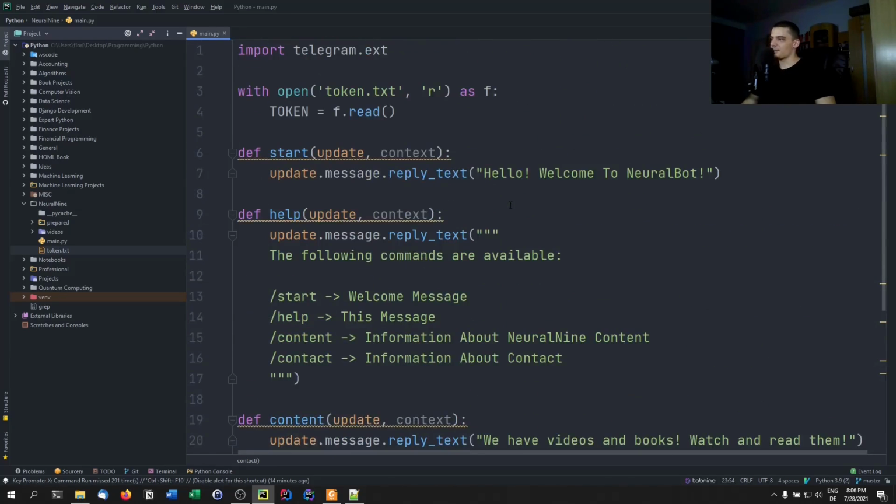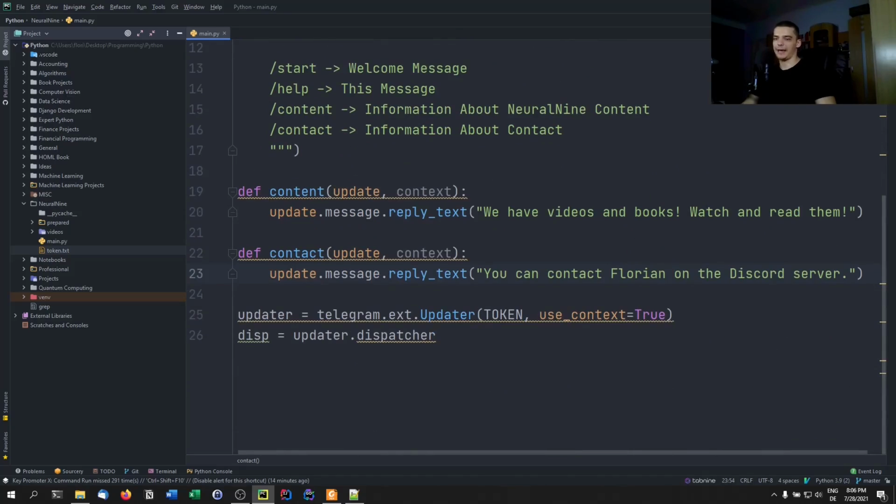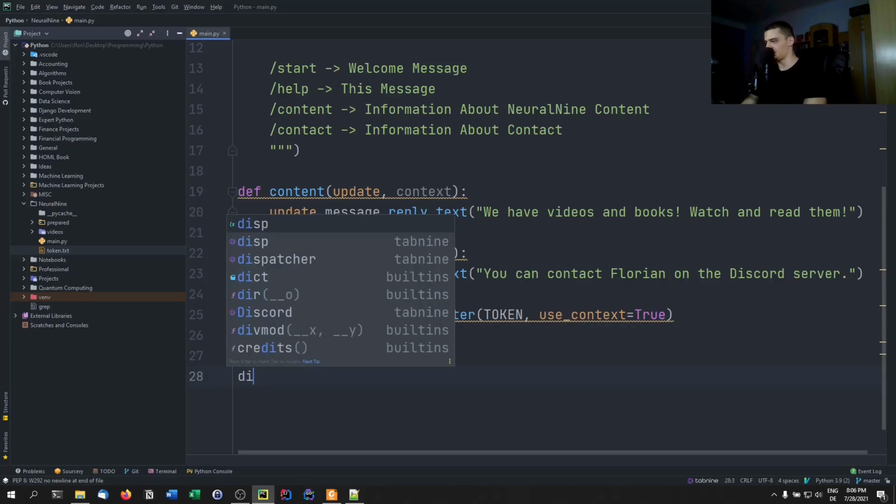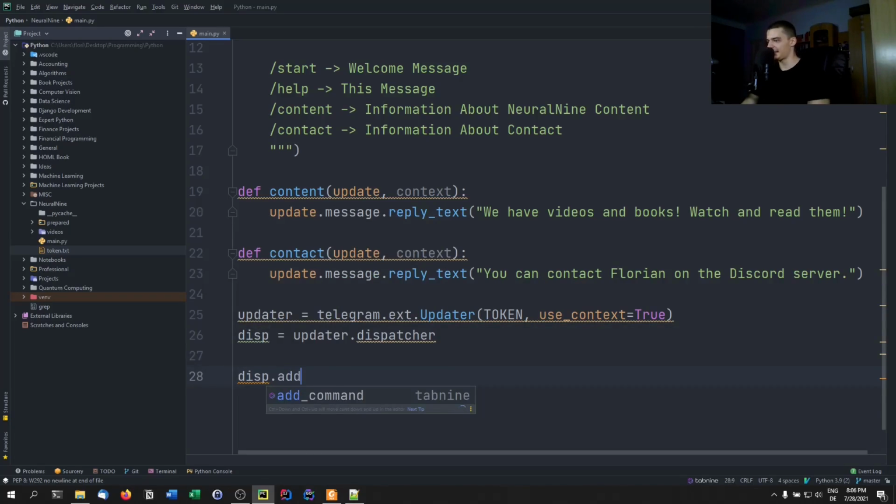So those are some basic functions which we can now add to the dispatcher. What we want to do is create a command handler. It's going to handle a certain command, map a function to it, and then we want to add that command handler to the dispatcher. So we're going to say disp.add_handler,